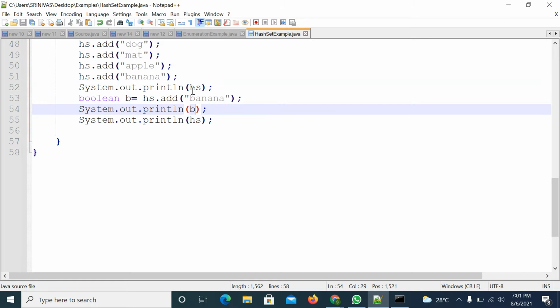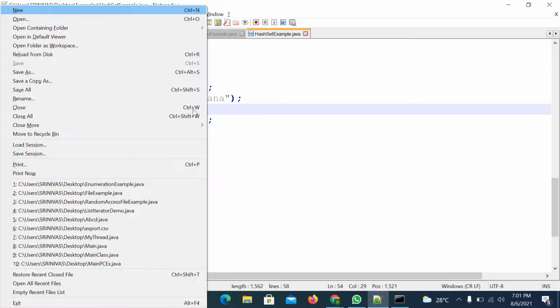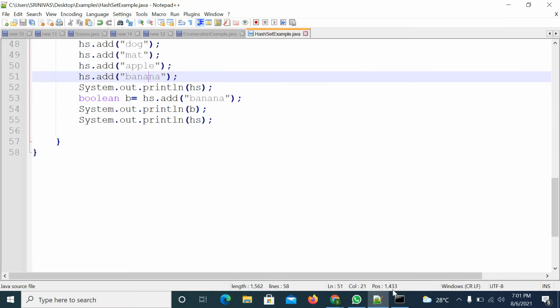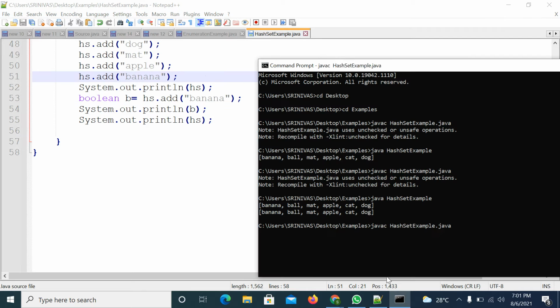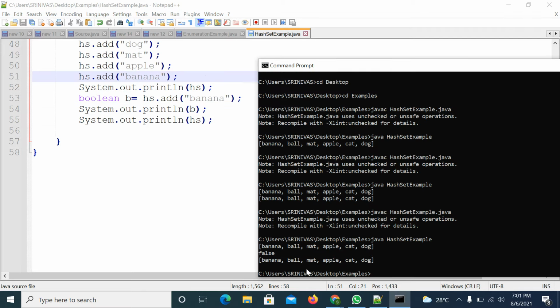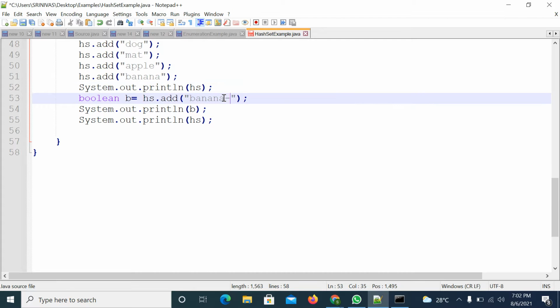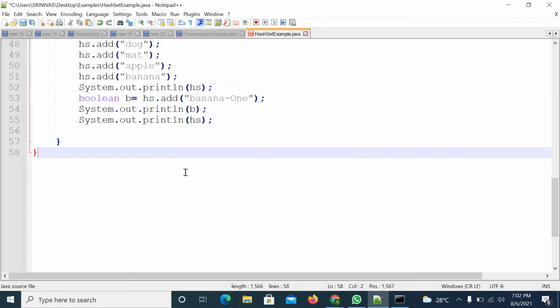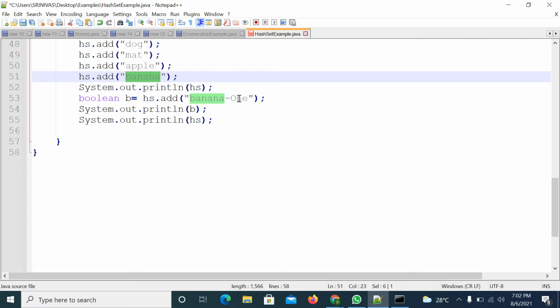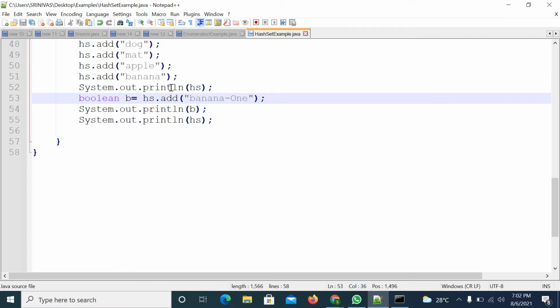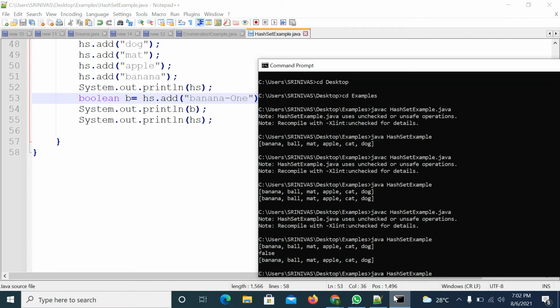If banana is not there, then it will return true. In our case banana is already there, so I'm compiling and executing the code. It is returning false. Suppose I am adding banana1. Banana is there, banana1 is not there. So in this case, it will return true.